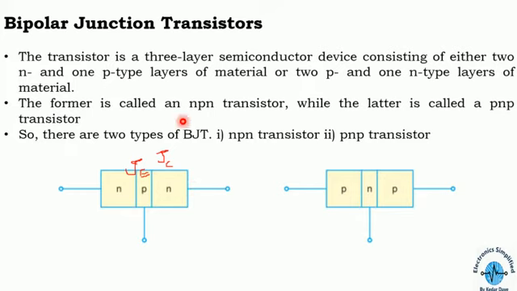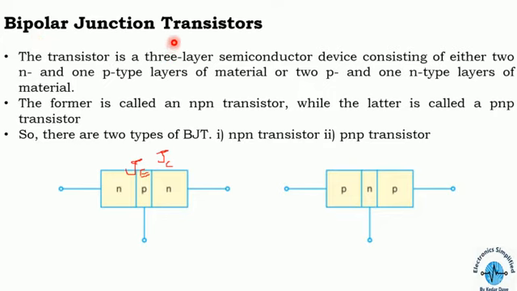Now for bipolar, first of all understand that bipolar means this: as we understood in the diode, there are both possibilities in the case of the transistor. Both the charge carriers are equally responsible for the flow of current in the bipolar junction transistor. So this is the basic word from which we get the idea about bipolarity.